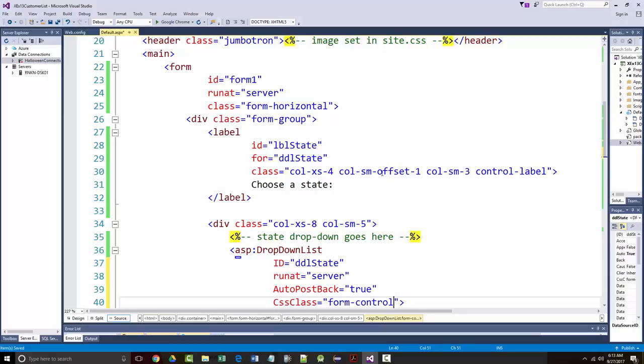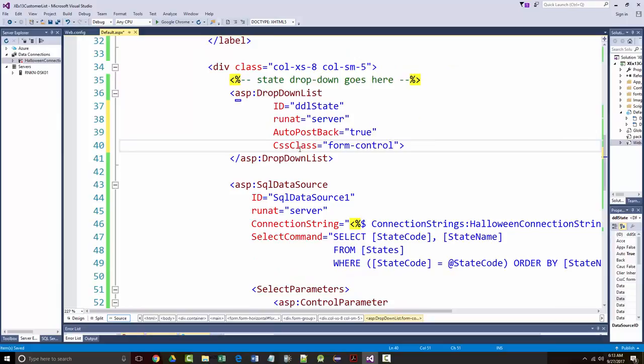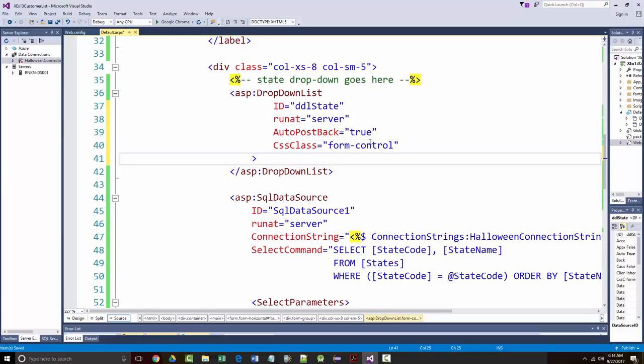Drop-down list. That looks good there. Choose a state. That looks good. We have not set up the other stuff that's in here. In other words, we have to set it up, and I don't know why that's not set up, but